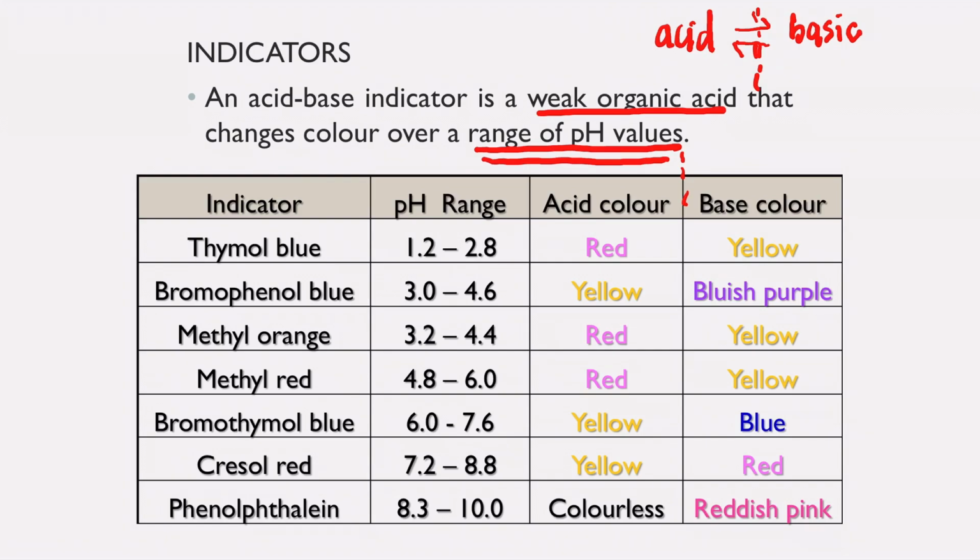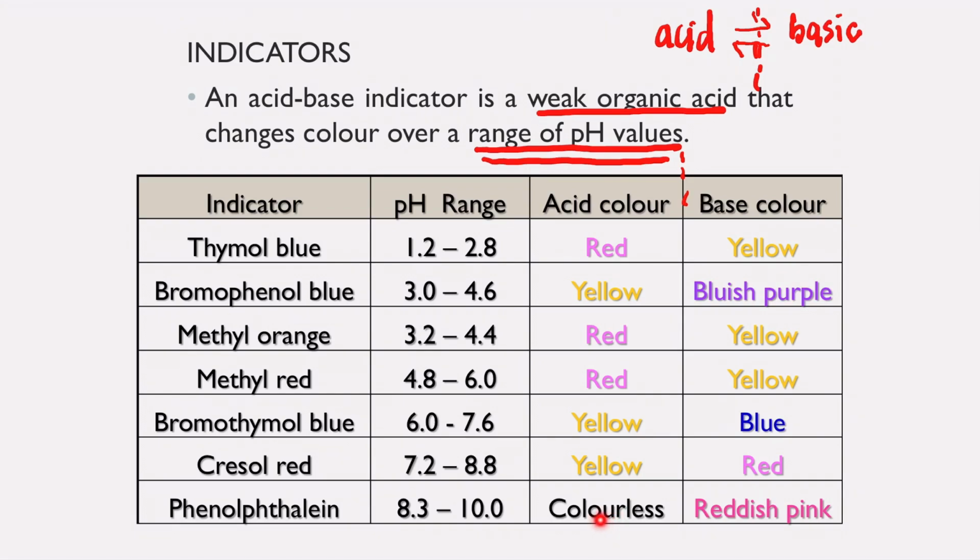Okay. Alright. So, how do we pick which indicator to use? So, here you have 1, 2, 3, 4, 5, 6, 7 types of indicators with different pH ranges. Okay. And they have these colours. Alright. Yang awak pernah guna is phenolphthalein. Dia tukar from colourless to reddish pink. Okay. Bila dia dalam acidic